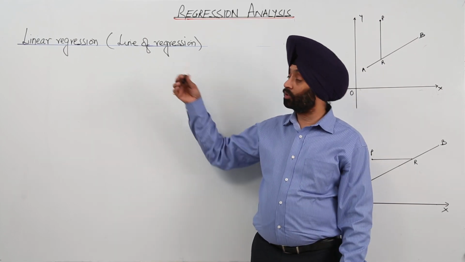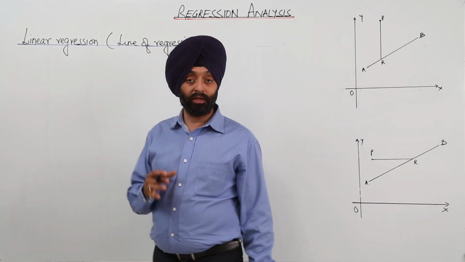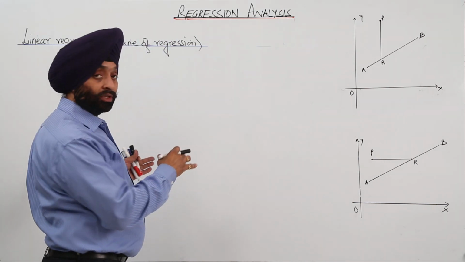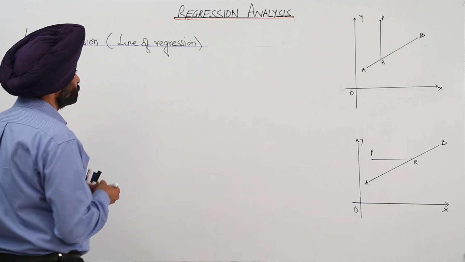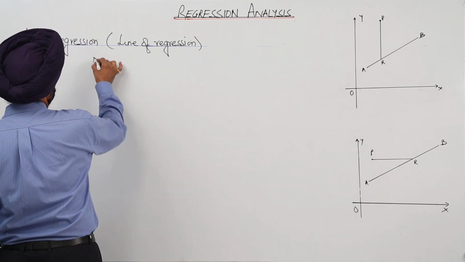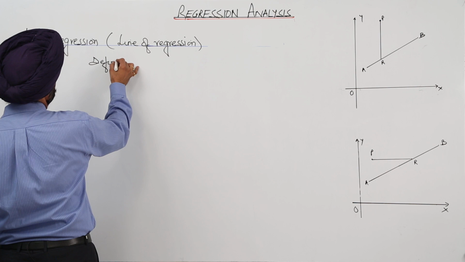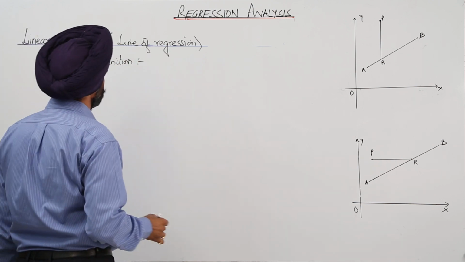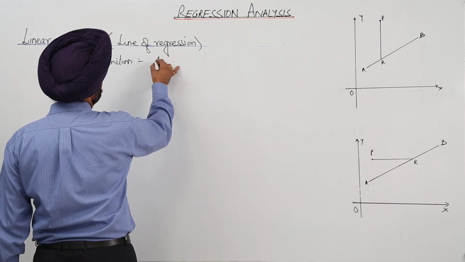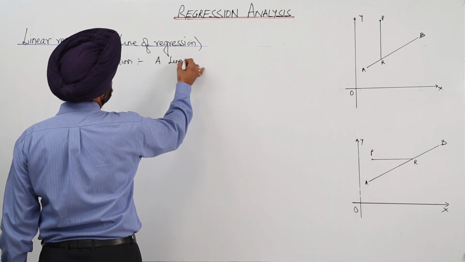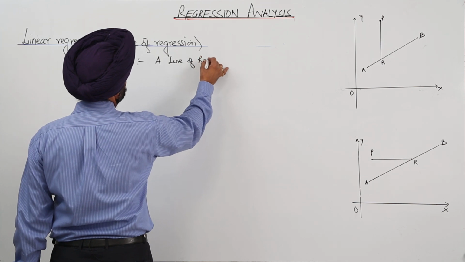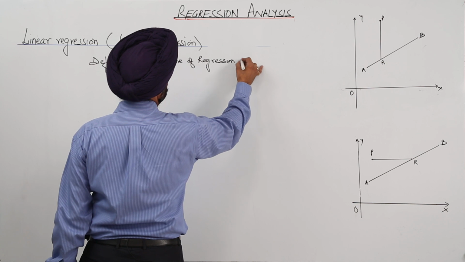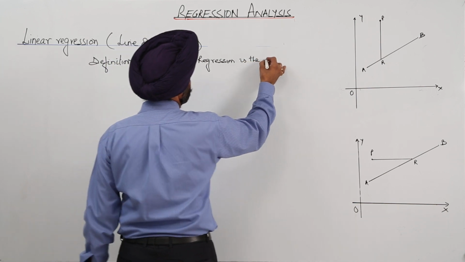Now, linear regression or line of regression. I have drawn two graphs here. Let us discuss first the definition and then the graph part. Now, the definition for the line of regression: a line of regression is the straight line